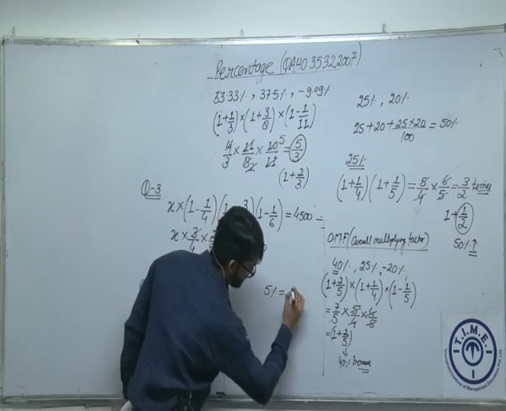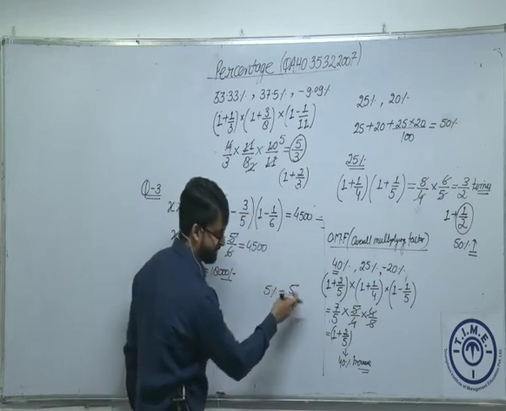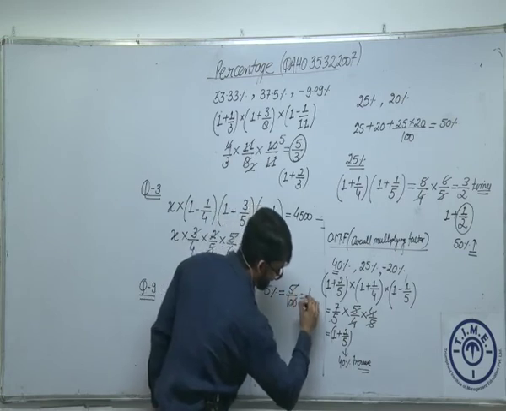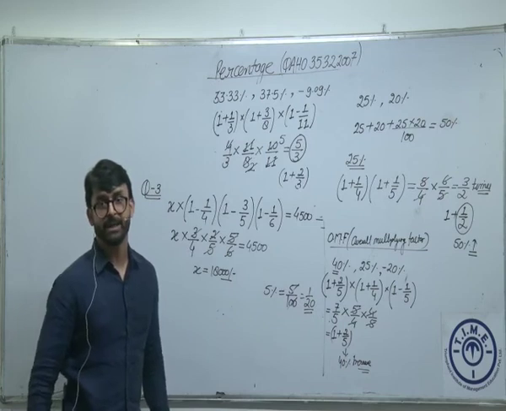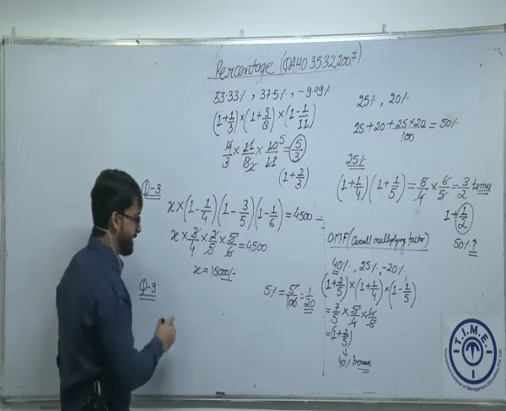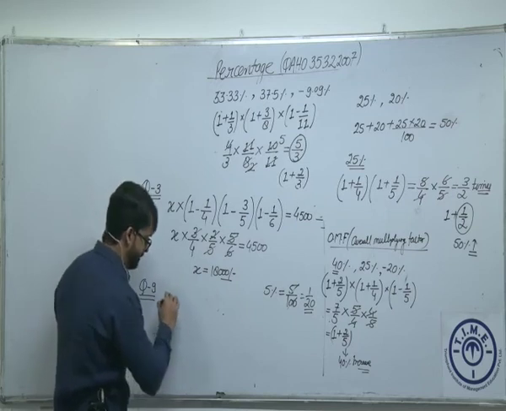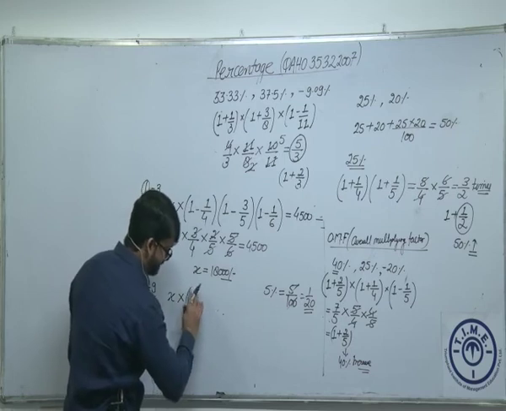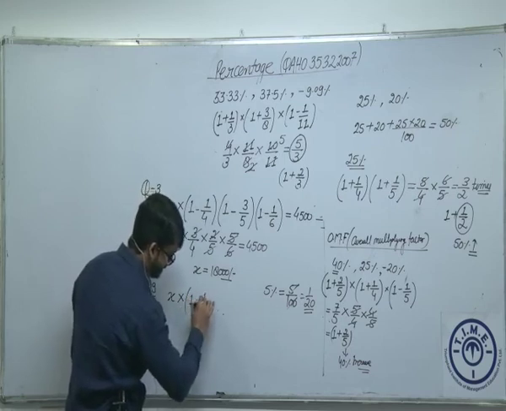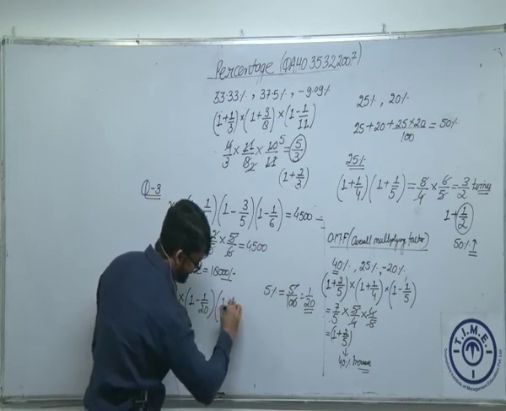5% is what? 5/100. I told you if you want to convert any percentage into fraction, this is 5/100, which is 1/20. 1/20 में रिड्यूस किया है किसी चीज को हर साल. प्रीवियस जो वैल्यू था, लेट्स से वो P था या X था, 5% रिडक्शन का मतलब 1 माइनस 1/20, फिर से 1 minus 1/20.